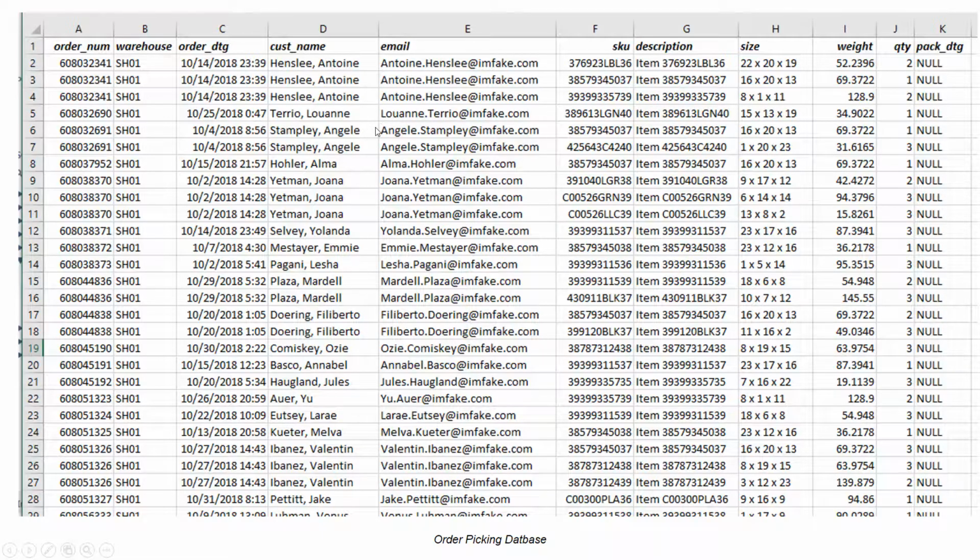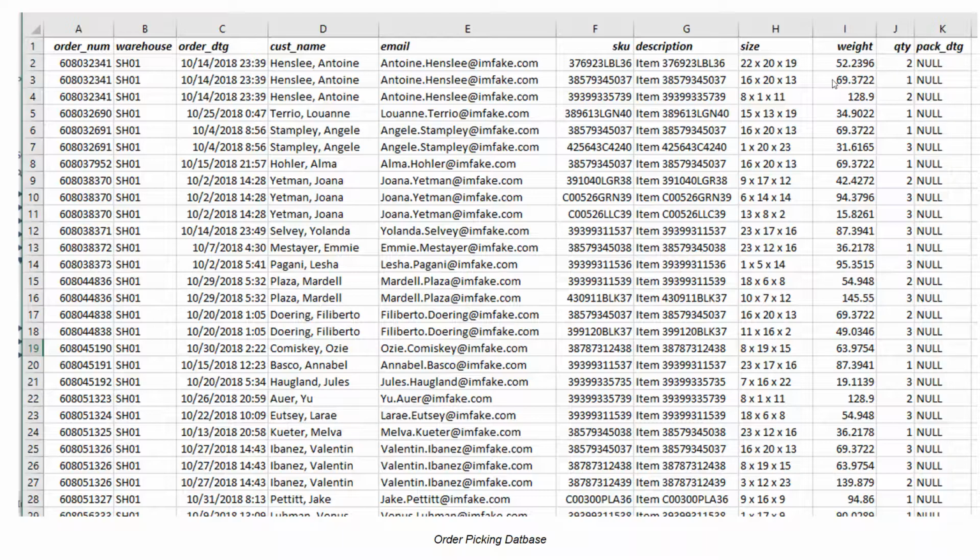So what the real component of the data gives us is the structure between orders and SKUs. And so we get SKU demand, we get order size, and that kind of stuff is real information, and the rest is artificial. So we have three different classifications of information in our data set. We have order information, where we have the order number and the warehouse and the order date. We have customer information, where in this case we have the customer name and email. And we have SKU information, which is the SKU, the description, the size, weight, how many you picked, and then